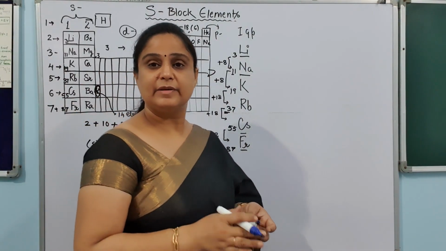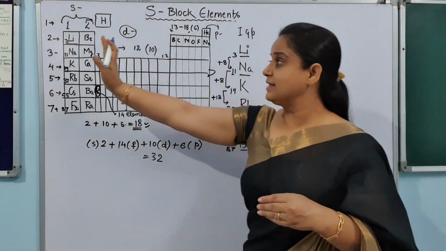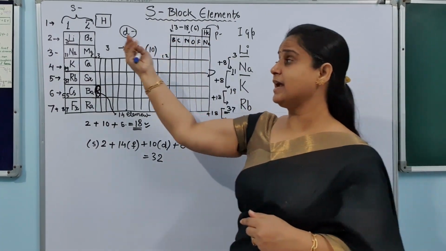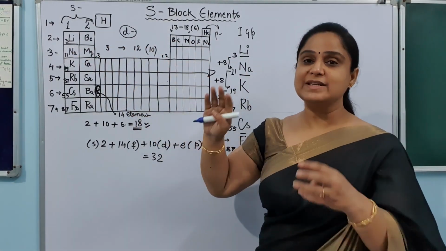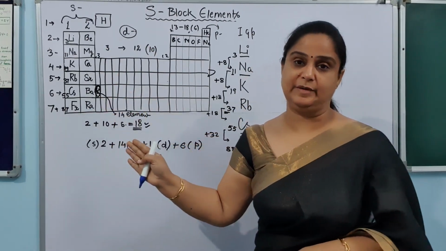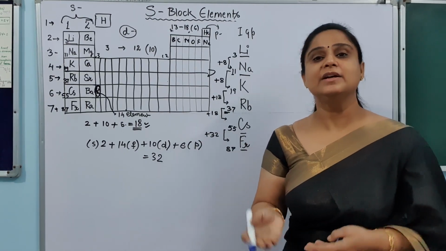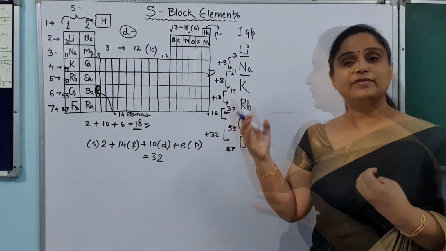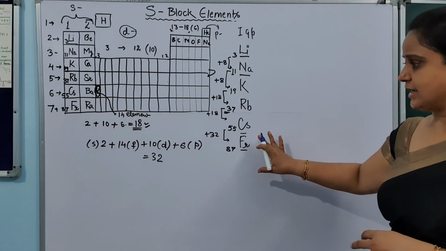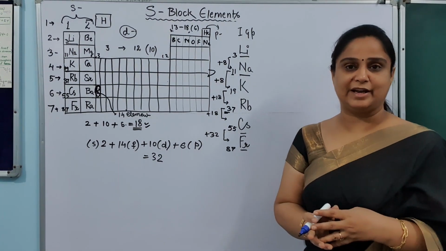So this way we will be adding the number of electrons in increasing order. We have arranged the table so the atomic number is increasing this way. So in this way you can easily find out the atomic number of all the elements. If you are learning it, it's very good. But if you can't learn it, you can find out the atomic number of these elements. So now this part is done. Okay. Now if this part is done, we can easily write down the electronic configuration.